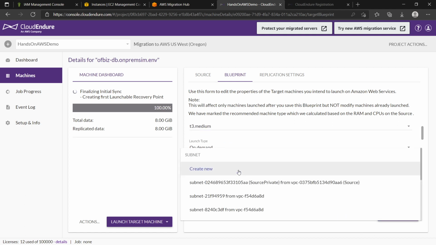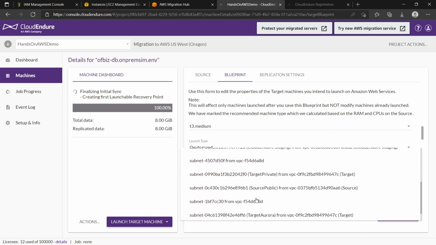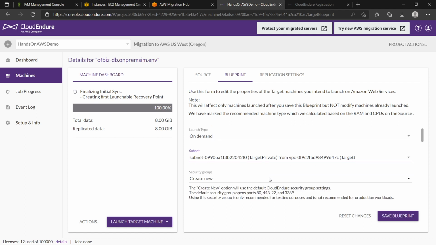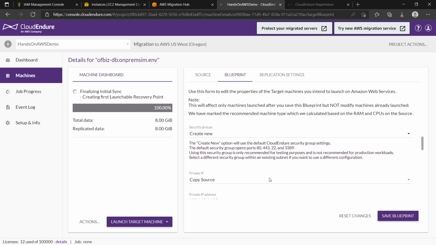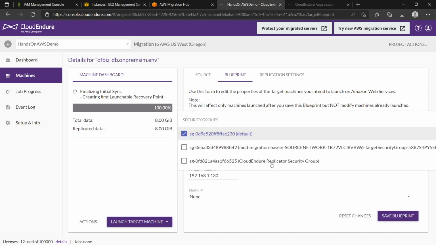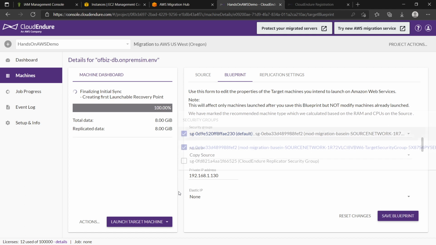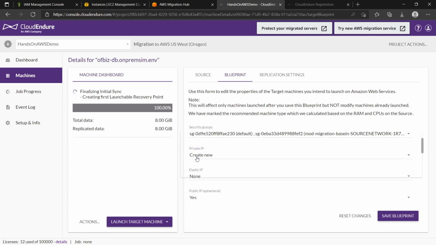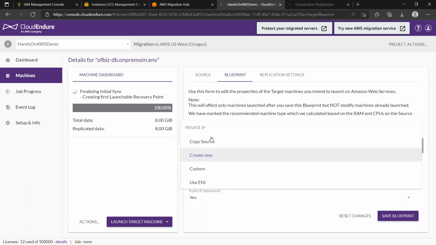For subnet, you will have to select target private. For security groups, select both default and target security group. And for private IP address, select create new. Here the option is to copy from source.